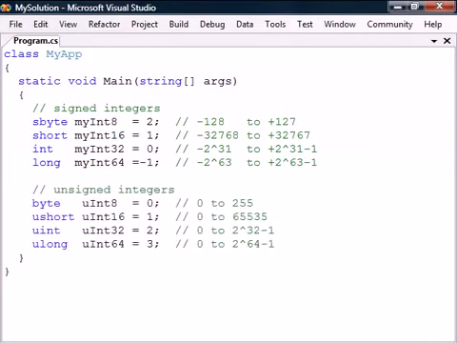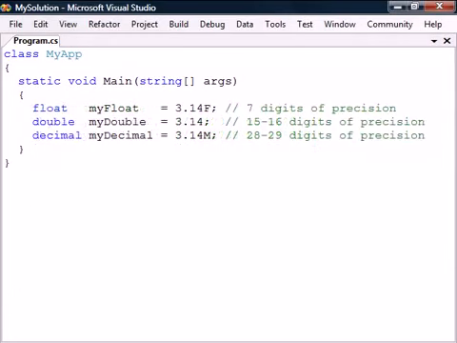The 4 unsigned types can also be used if we only need to store positive values. Integers can also be assigned using the hexadecimal notation, in addition to the standard decimal notation. The floating point types can store floating point numbers with different levels of precision. Notice that the constant floating